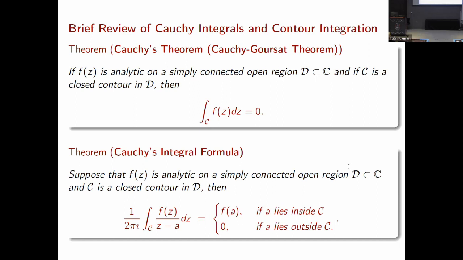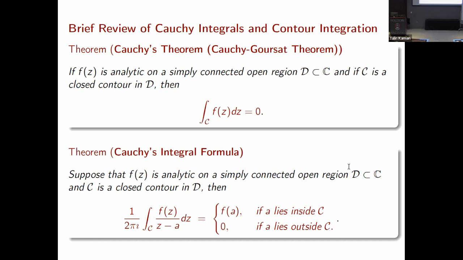Then we know that if we take the contour integral of this rational function with the scaling function, it is equal to the value of the function at point A if A is inside the contour, and it has a value 0 if it lies outside of the contour. So basically, you can think about it: okay, I built an object such that it will tell me if something is inside or outside of the contour